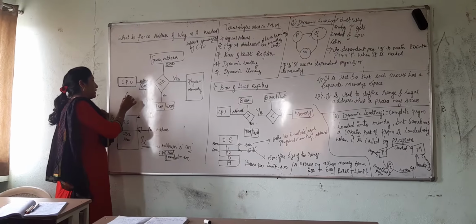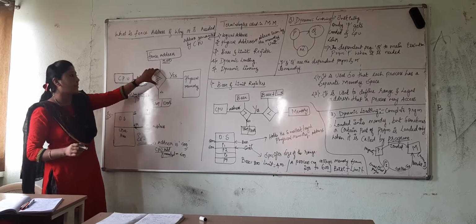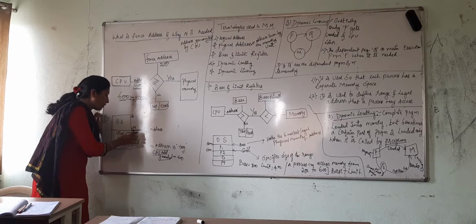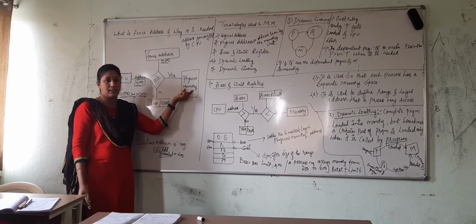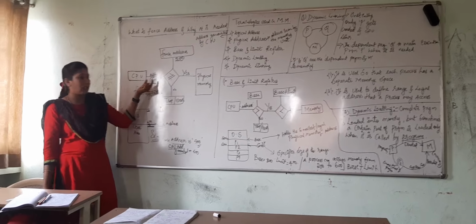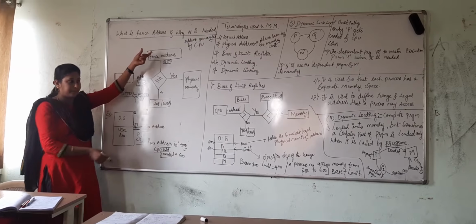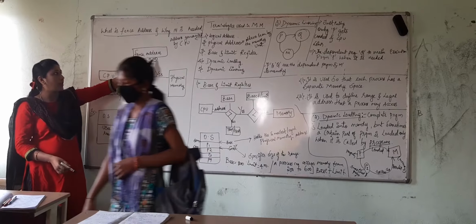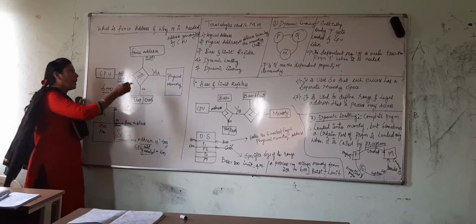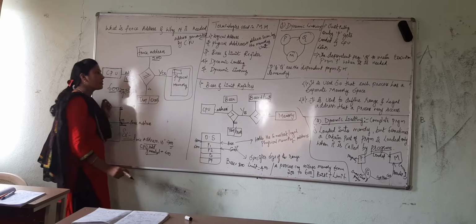Yes, 600 is greater than the fence address, and in that particular case the condition becomes true, and we allow accessibility of the space to store into our physical memory. Is that clear? Whatever address is generated by the CPU, I have just taken 600 as an example, and the addresses specified for the operating system range up to 500. Normally the operating system's address should be less than the CPU's address, okay? And if this is the case, then we allow that process to be stored into our physical memory.